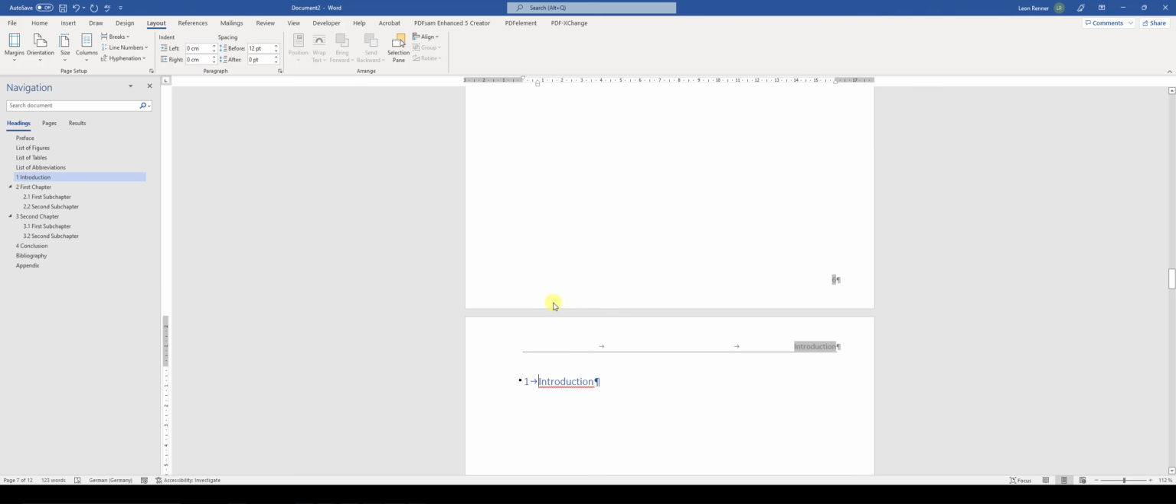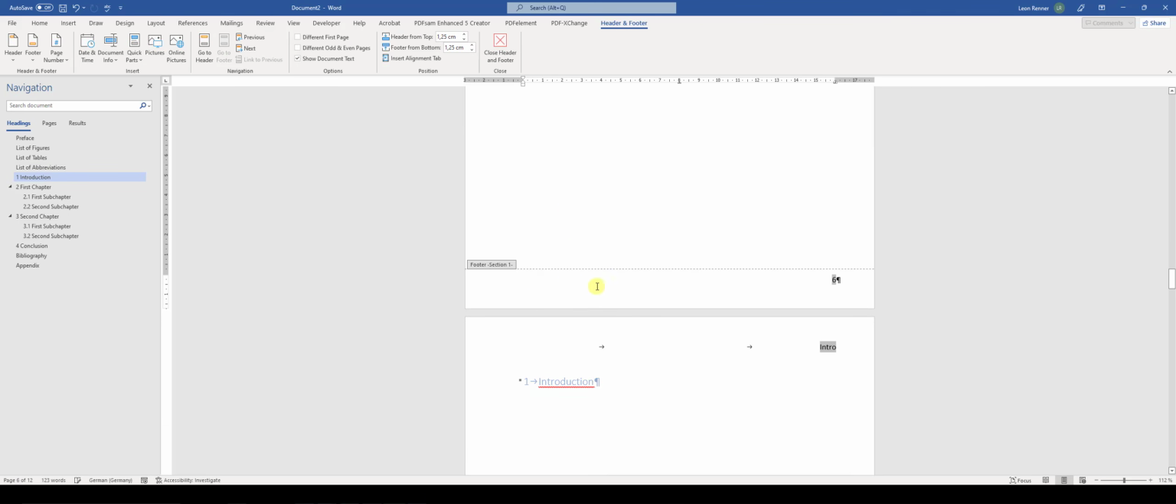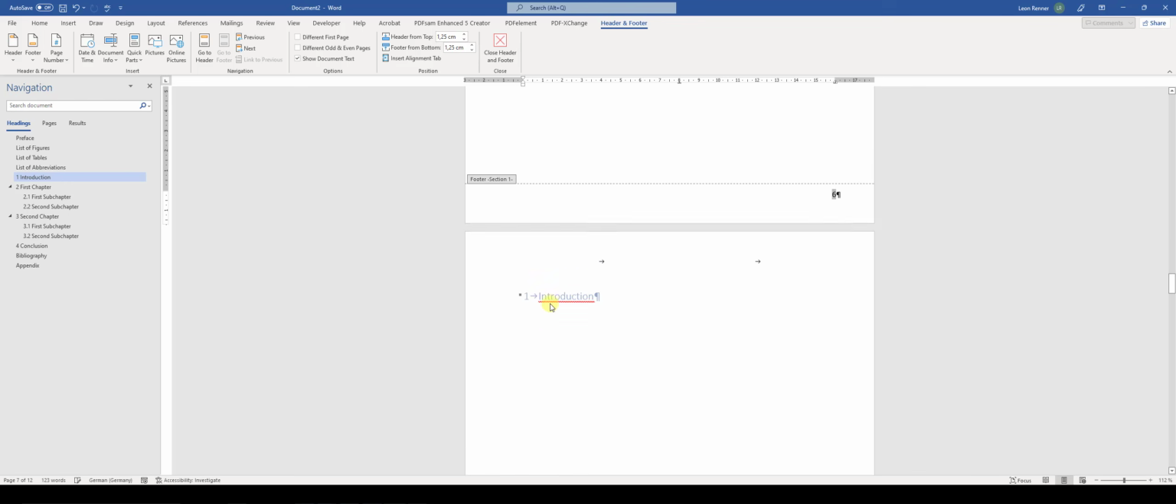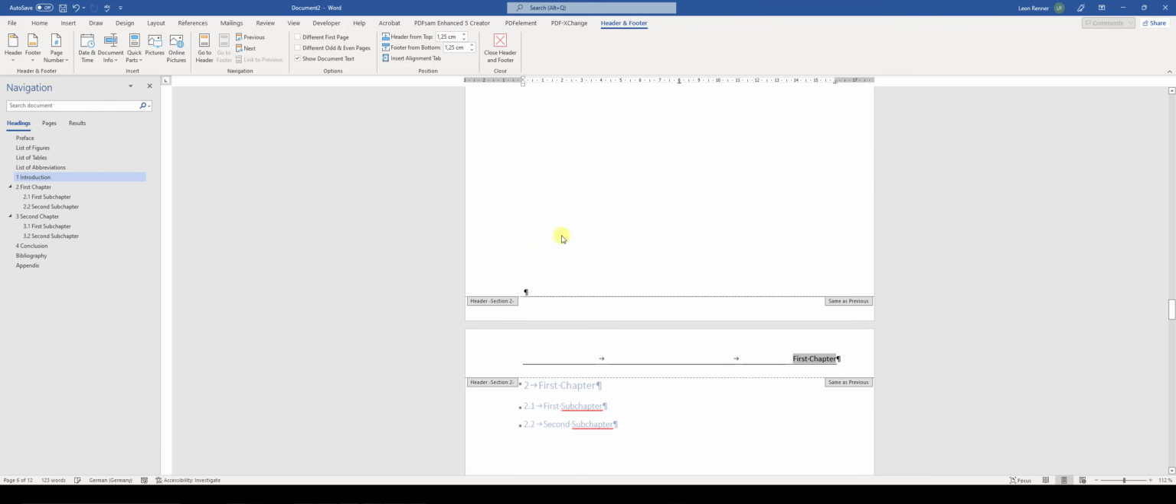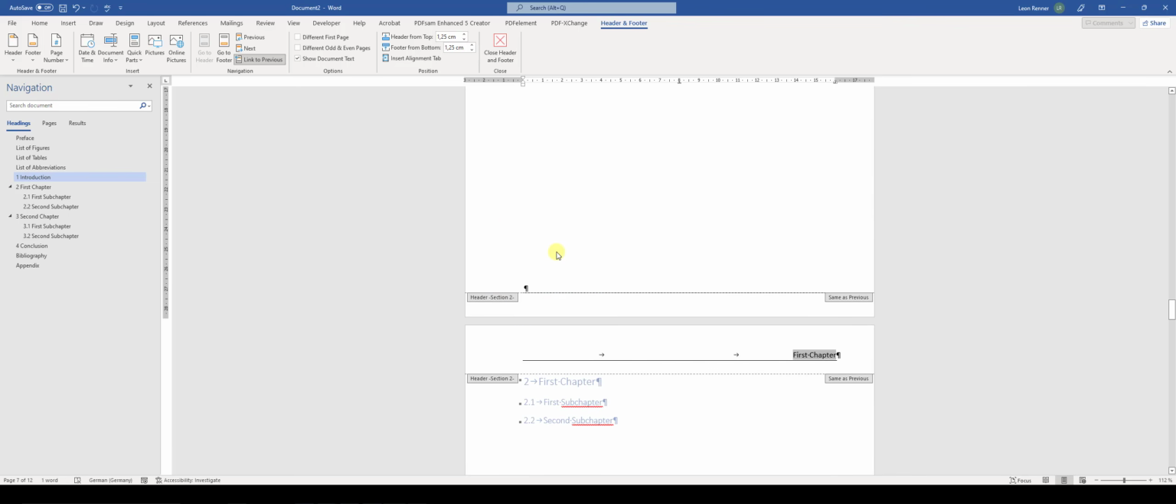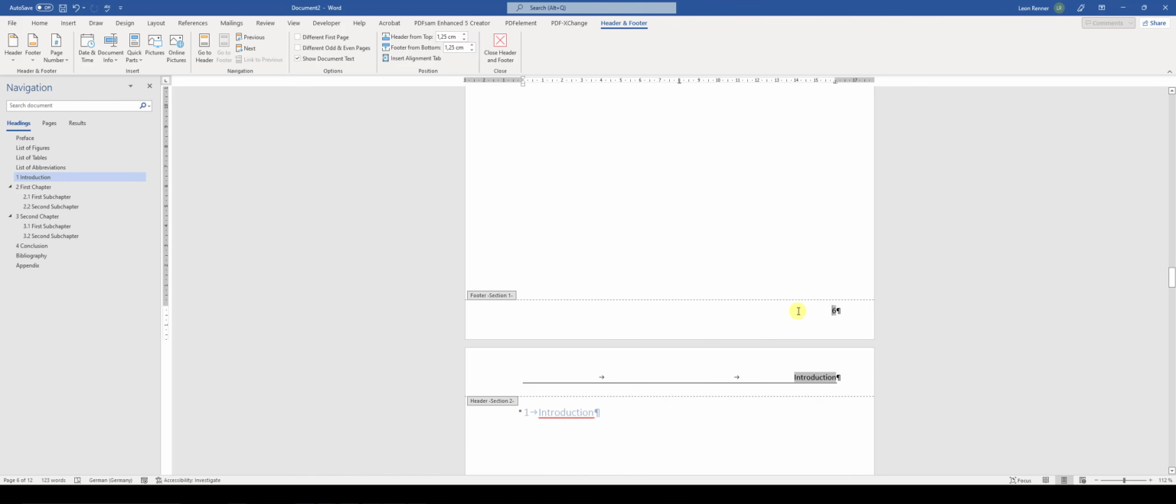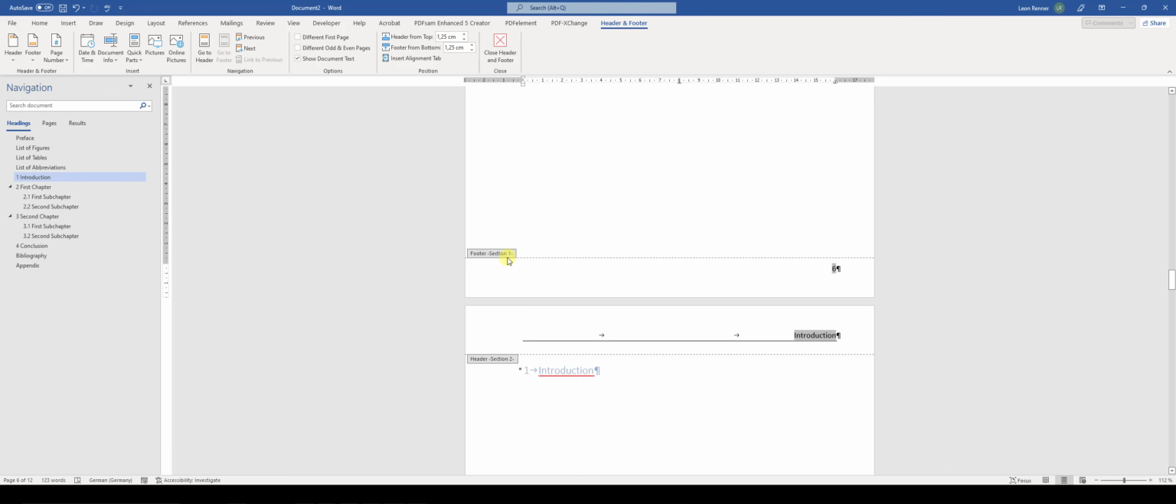This means when we double click into the footer now, you can see we have section 2, which starts with the chapter introduction, and everything before is section 1. Now we have to go to section 2 and tell section 2 to not link to previous. So don't link it to previous, which means we've now unlinked the footer of section 1 and section 2, and now we can change the page number style for section 1. Therefore we go to page number, format page number,